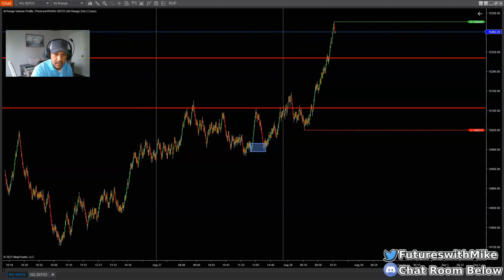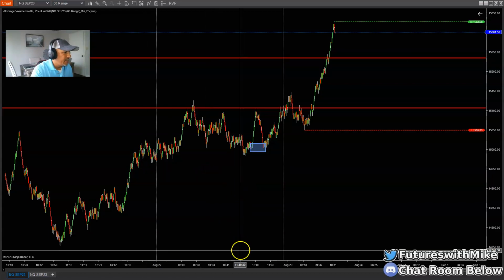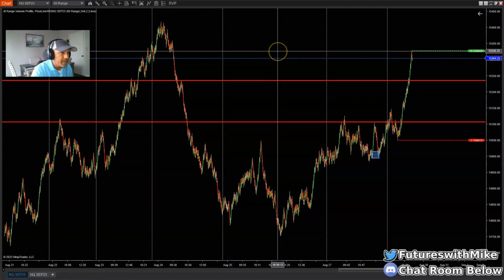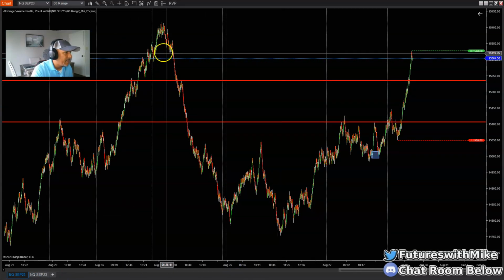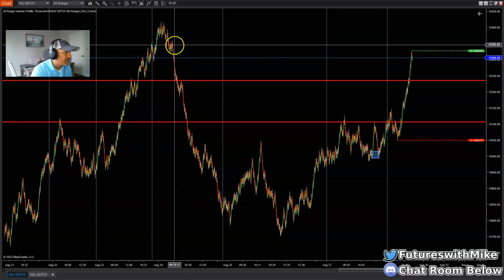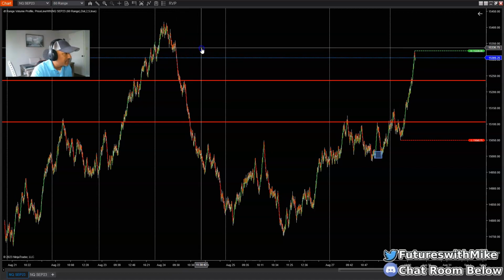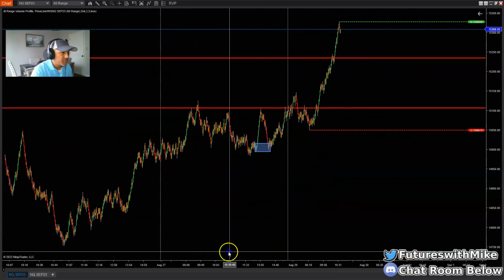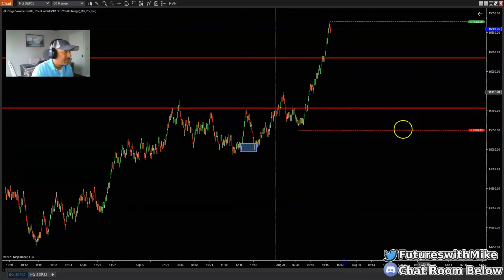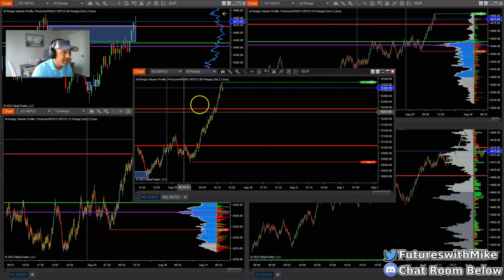Okay, so I'm going to pause and wait to see. Let's see where it ended up going before it bounced. 26, and yeah, so see, it came right back to this area. We're in an area of resistance, okay? But I trade supply and demand. I'm not trading resistance. If it comes back, maybe look for some opportunity at a supply zone, not resistance. So beautiful trade. That may be my one and only trade for today so far, but I'll look to see what unfolds. And take a look here at the ES right quick.